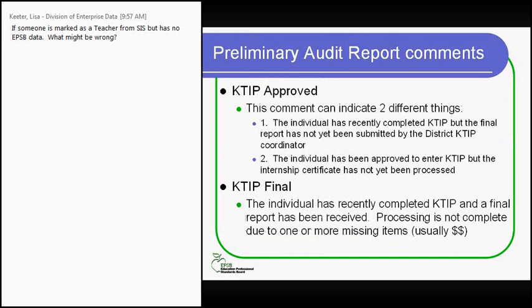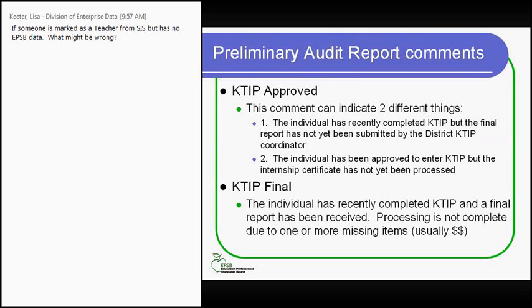KTIP approved can mean that the district has not yet submitted the final report for an individual that was in KTIP last year. Or it may mean, and this is more common especially in mid-September when we're running the LEAD report, that the individual has been approved to enter KTIP, but we've not yet processed it either because we're waiting for a teacher educator assignment or because it's a certificate that doesn't automatically process because it's an older one. If you see the KTIP approved comment on your report for more than 2 weeks, let me know, because we may need to take a look at what's going on here